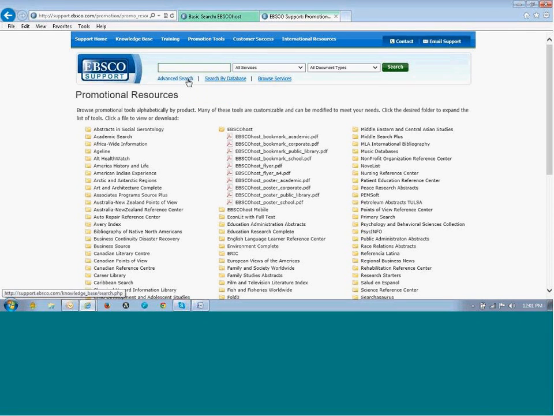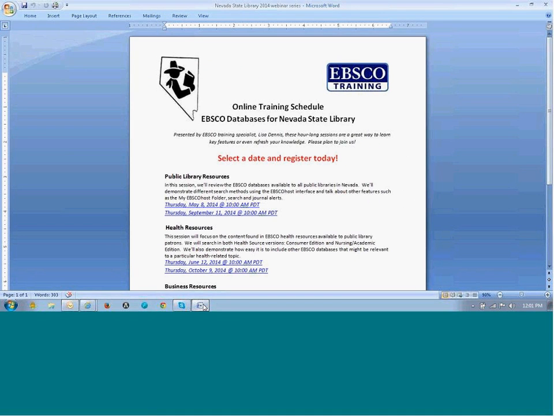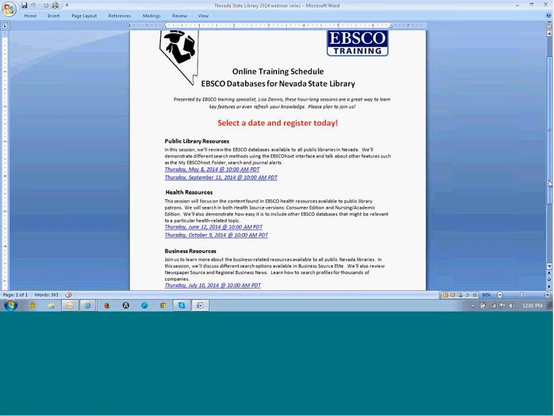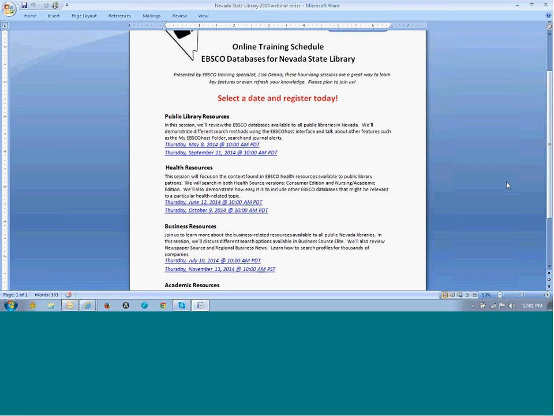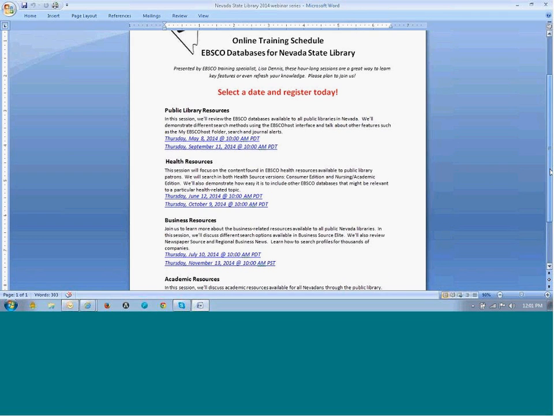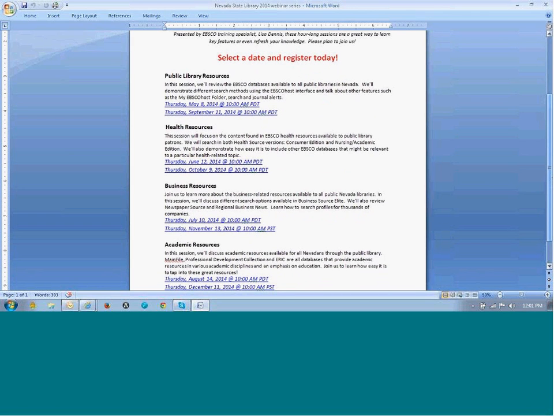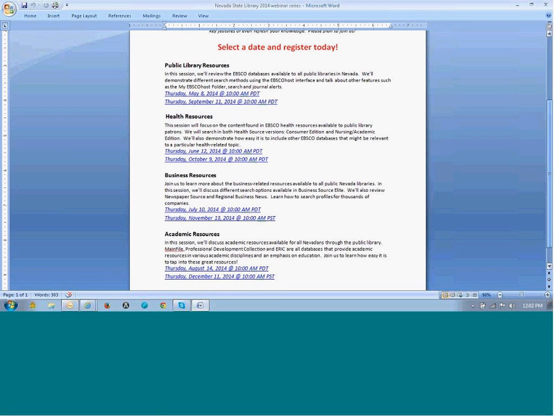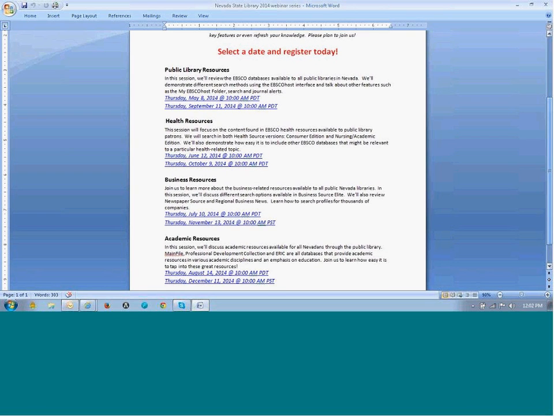That I talked about at the very beginning of the session. This is one that I created for Robbie LaBeouf at the State Library, and that we're promoting for this session. So obviously, here today is the Public Library session. Then we've got another session on health resources, business resources, academic resources. So I'd encourage you, if you'd like to learn a little bit more about those subject-specific resources, to join one of